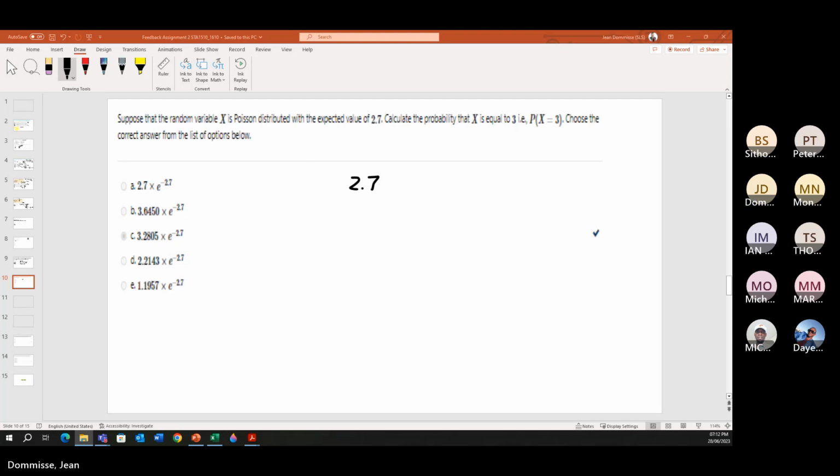I said we didn't need to work with a formula. They don't ask you to work out what the answer is. They just basically want you to write the formula down. So let's just look at what